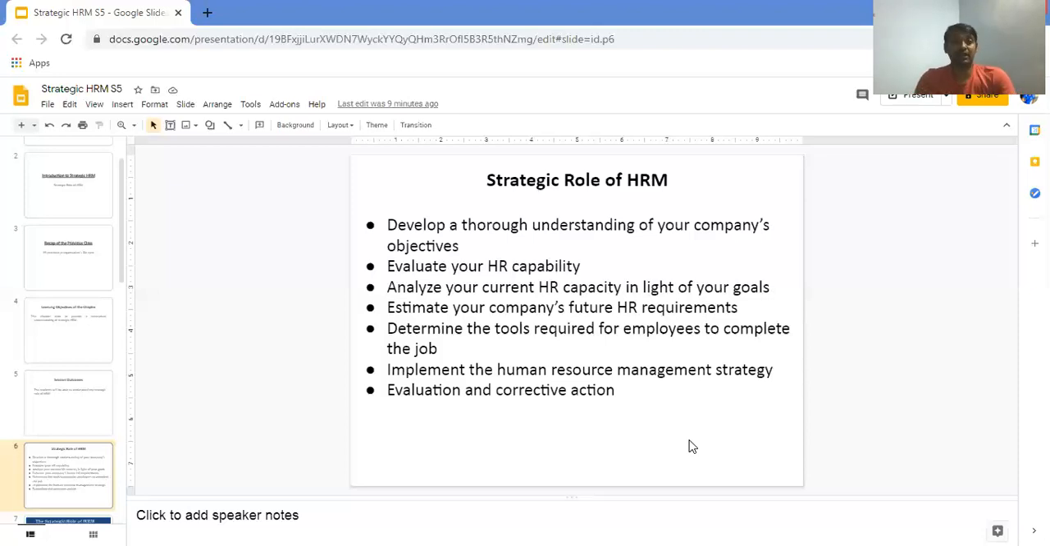Evaluation is to be done and corrective action is to be taken. So whatever activities are performed by the human resource manager, he has to evaluate. If any changes are to be made, he has to correct them, and the necessary changes are to be accomplished in a specified time, so that there are no hindrances to the objectives or goals of an organization in the future. So these are the broad categories or points which explain the role and important factors of the human resource